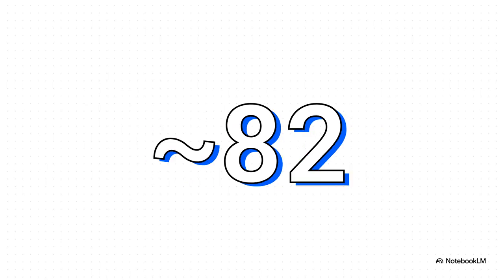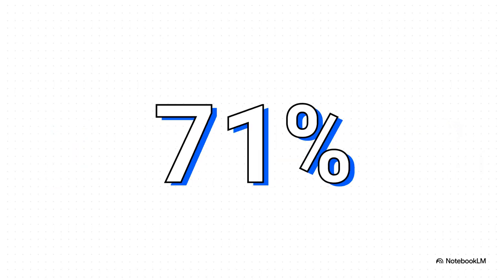You're looking at about 82 questions in total, a mix of multiple choice and hands-on labs. And you've got 3 hours on the clock to get it all done, which means time management is absolutely critical. And the passing score? It's 71%. That's a pretty high bar, and it's meant to prove you really know your stuff.